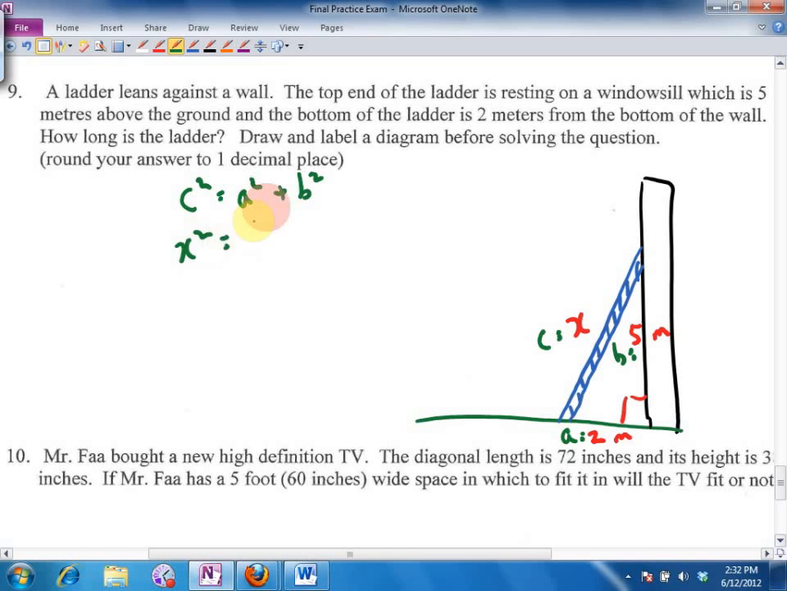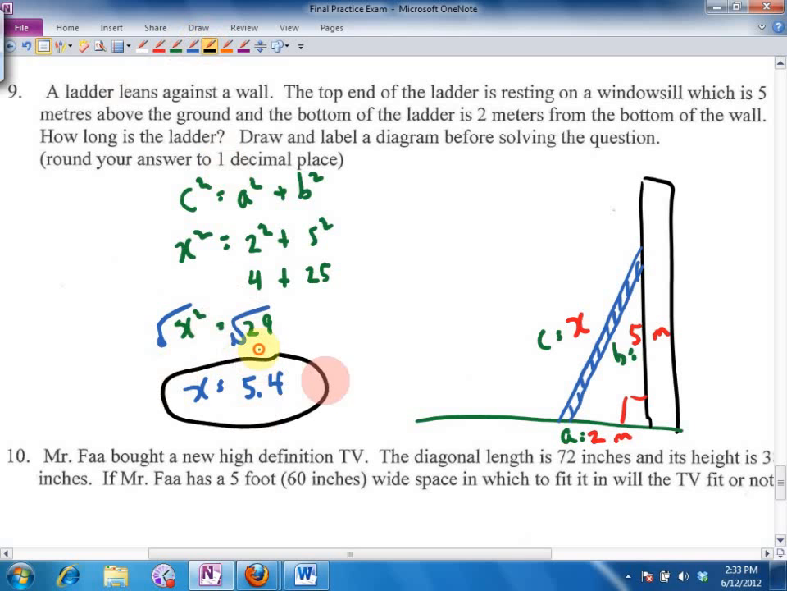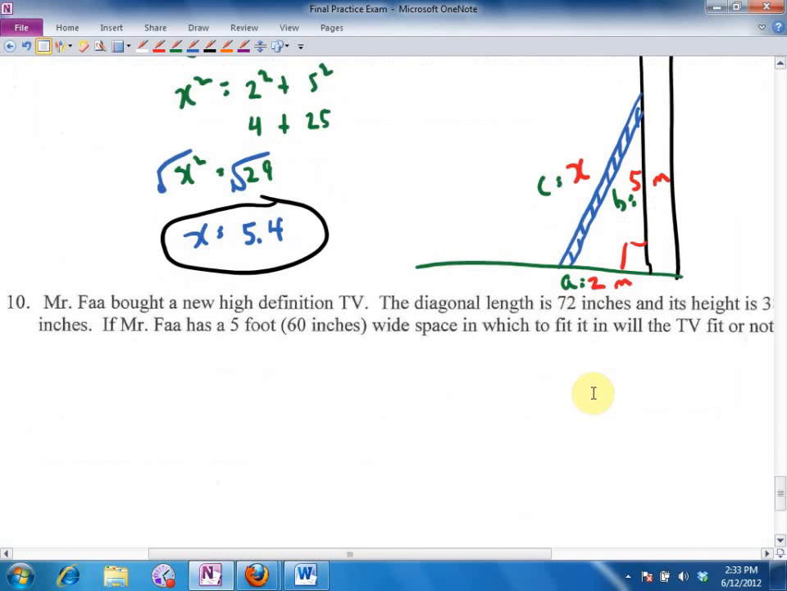There we go. 2 squared plus 5 squared. 4 plus 25. So X squared equals 29. And lastly, take the square root, and I get X equals 5 point, was it 4? Looks like about 4 to me. Okay, and there you go. That should be pretty straightforward, I think. Next one